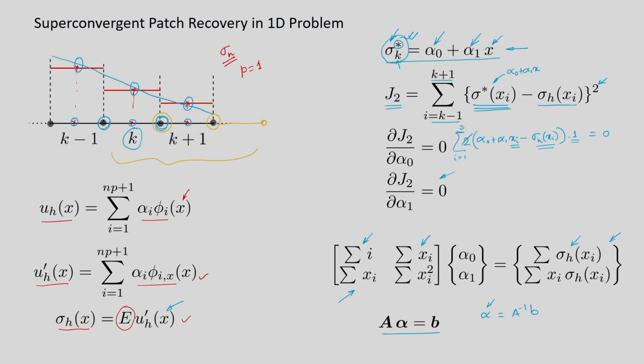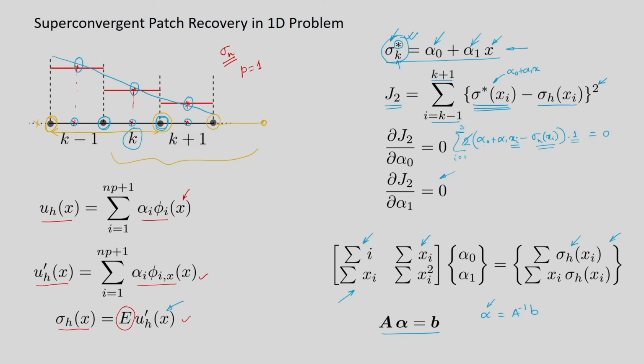Like that we will continue and we will calculate the nodal recovered stresses at all the nodes of the domain. Now, suppose one of the nodes is at the boundary, and there is no domain on the left. How do we calculate the recovered stress at the boundary? In that case we have to consider the first patch itself, use the expression for the recovered stress, and evaluate it at that particular node.